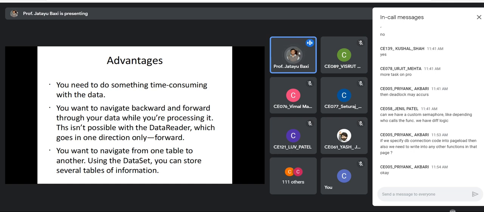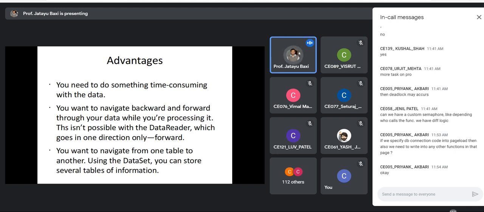That is not possible with the data reader object, which always goes only in the forward direction. So if you want to navigate backwards also, and you are doing some complex task with your data that will take time, then you are supposed to use the data set or disconnected database approach.